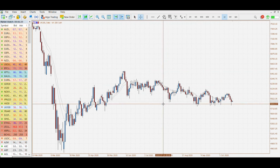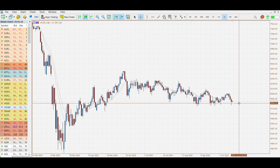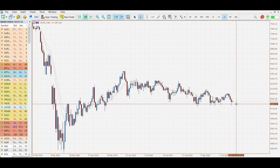So while this support area holds, around that 58.10 point, the market for now remains in a bit of a 50-50 range. It's at the mid area of the range right now, so we wouldn't be looking to take any positions or try and find the direction just yet. We'd be looking to see if this support hold that we saw last night turns into something a little bit more and maybe produces a rally, and then we'll be looking for the upside to be broken. But if that fails and we see a new move lower, we'd be really looking for sellers to break that